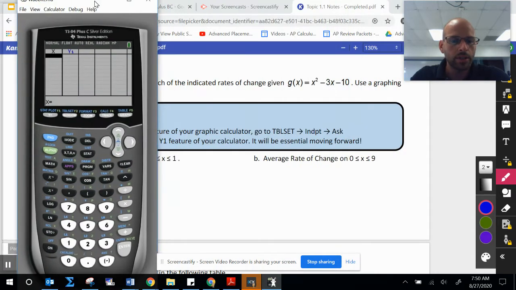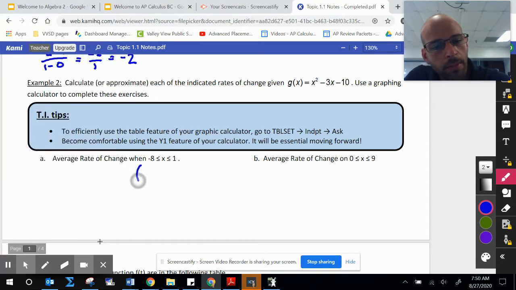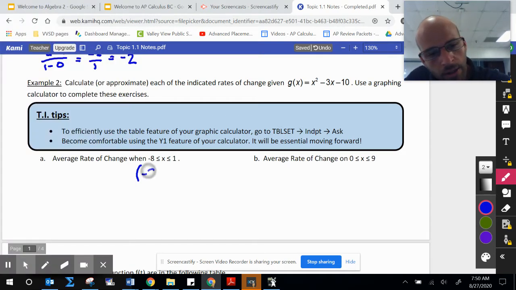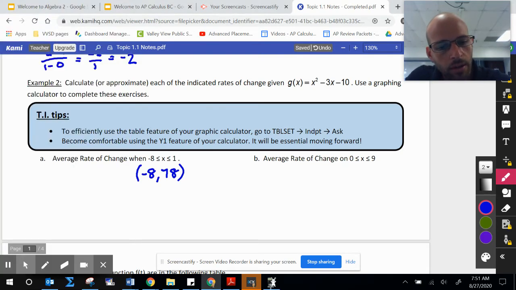But ultimately, what we can do to kind of speed things along is I can take, excuse me, I got my toolbar in the way. I'm going to take my -8 and I'm going to press enter, and I'm going to take my 1 and press enter, and it gives me the output values for those two inputs. So I know my points that I'm going to be working with are -8, 78. And then the other one was a 1,